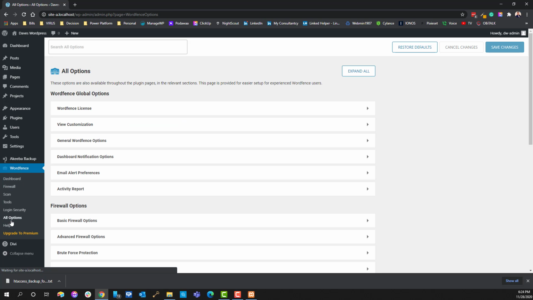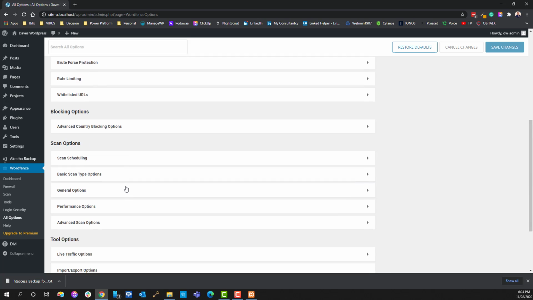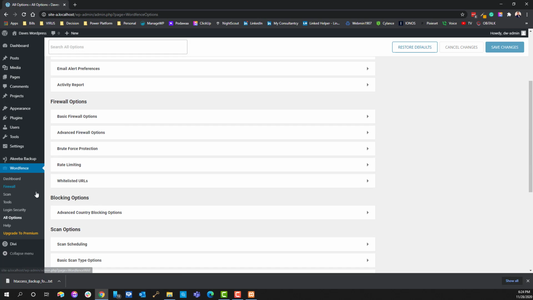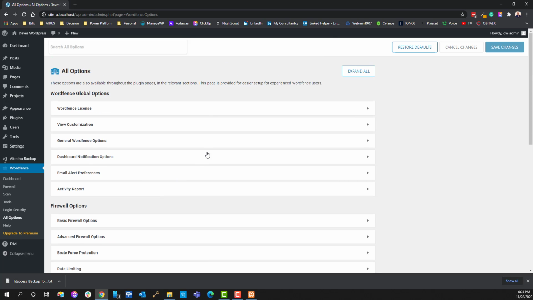Other options or all options, this is the rest of this. You can go through this at your leisure, but for the most part, this is exactly what you need to get the plugin up and running. As you can see, it wasn't too complicated. A couple of little nuances to learn, but